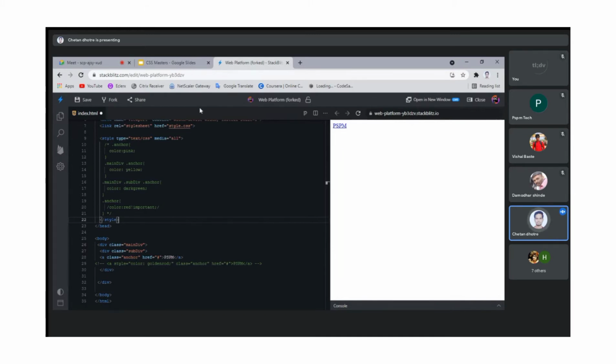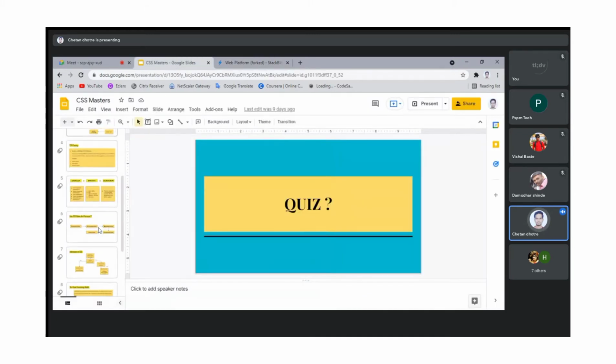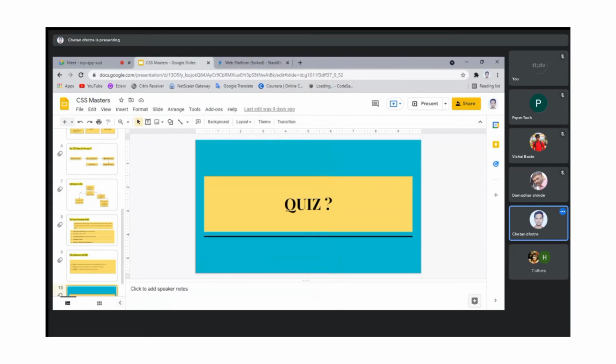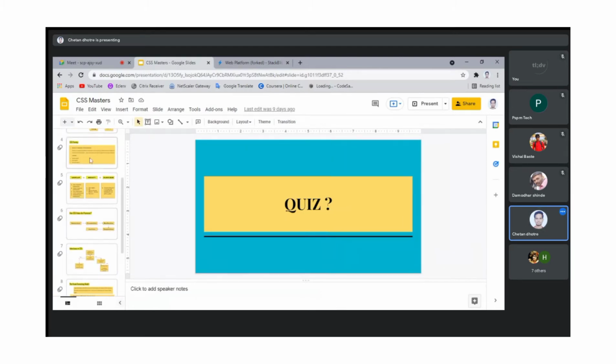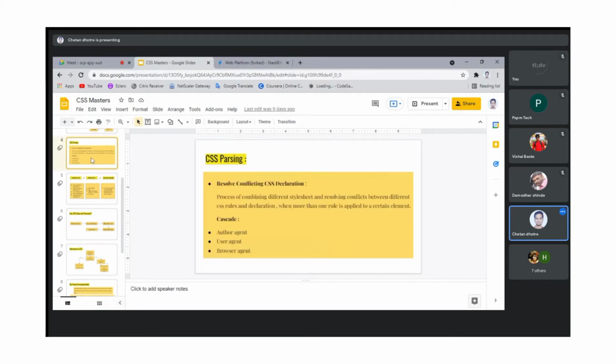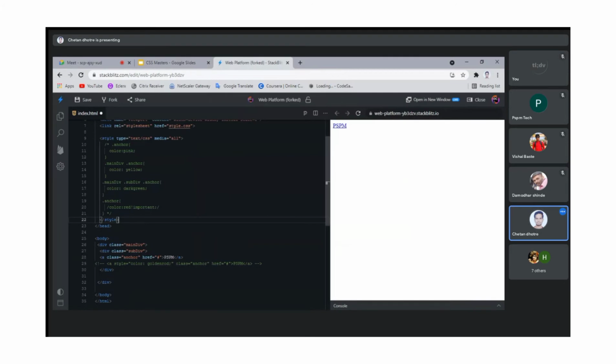But what is happening, as I told you, is that there is an agent called the browser agent. The browser agent will apply the CSS if the author forgot to put it. So you can see that there is a blue color on this. You can change it by overriding the CSS, so it is not that difficult. But this is the browser agent. So what is the user agent?